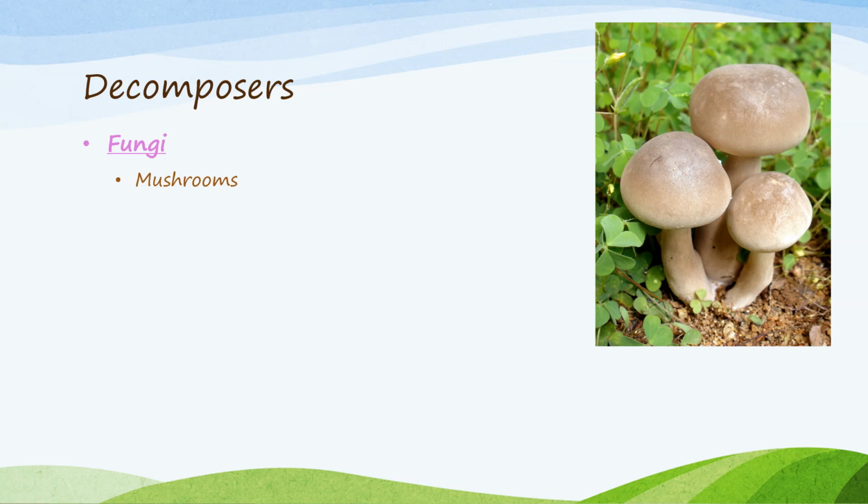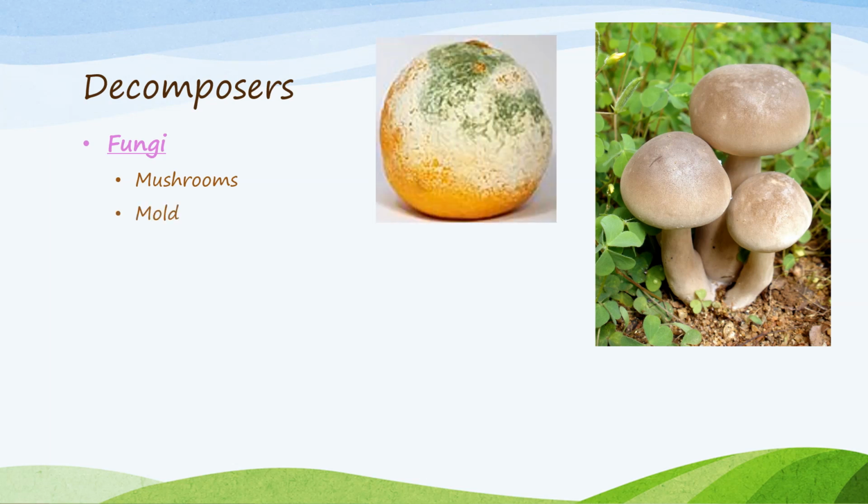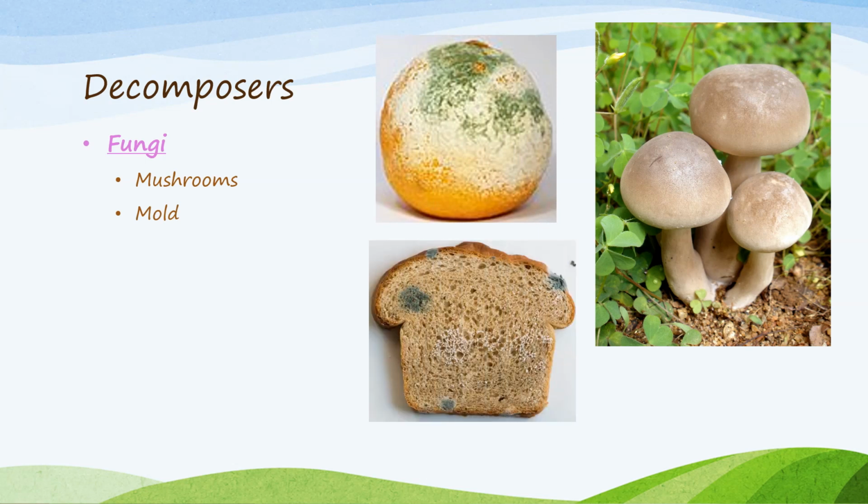Mushrooms are decomposers, but don't confuse them with plants. They do not have leaves to photosynthesize with and make their own food. They break down decaying plants and animals for their food. Another type of fungus is mold. Maybe you've seen mold growing on a piece of fruit or a loaf of bread. Mold is a decomposer that breaks down dead things, including foods that we may want to eat that we've let sit around for too long.